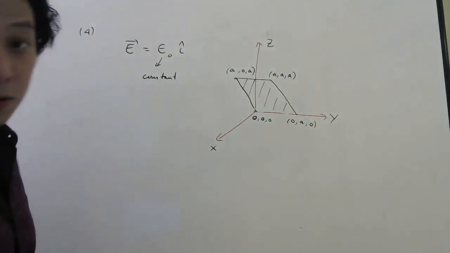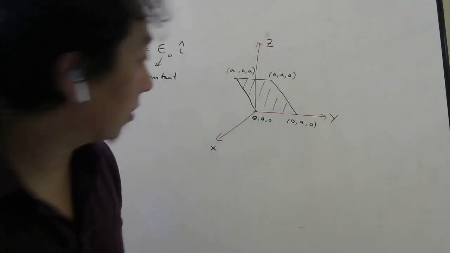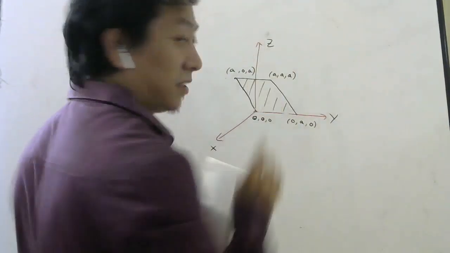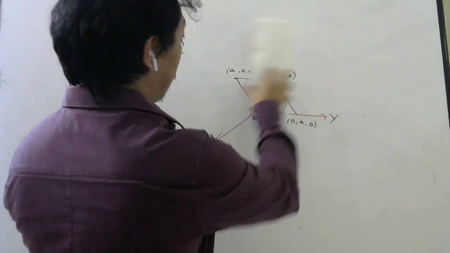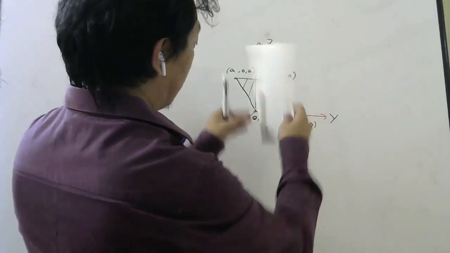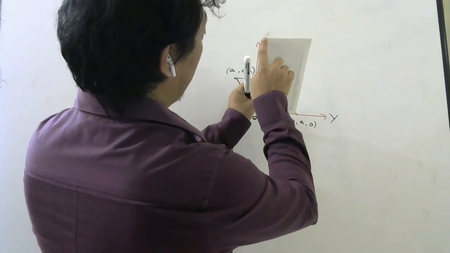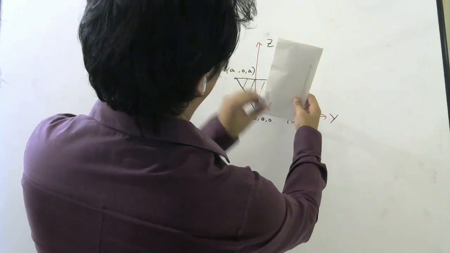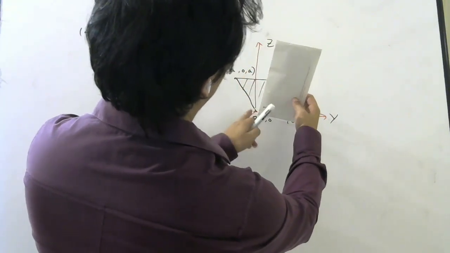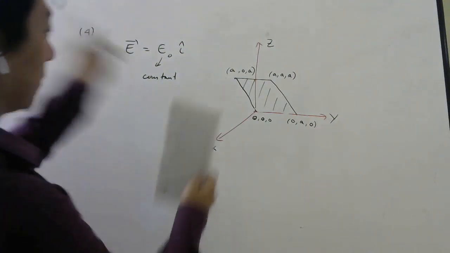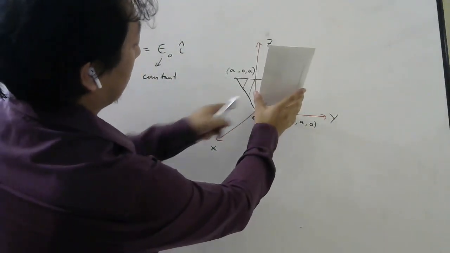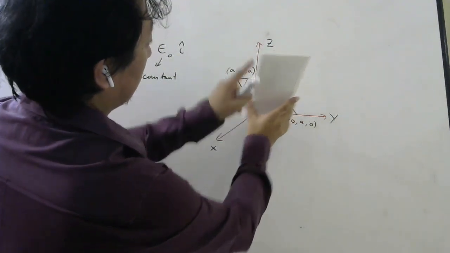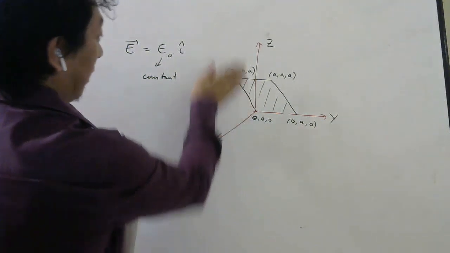Now this area, though it is a plane area, it is not kept on the YZ plane. This they are saying X, this they are saying Y, this they are saying Z. So the plane is not like this, not like this, not like this. It is kept like this. So this point is in your Z and X plane, right? This line will be in which plane? Look carefully. So this area is kept like this. This is your Z and this is your x-axis.